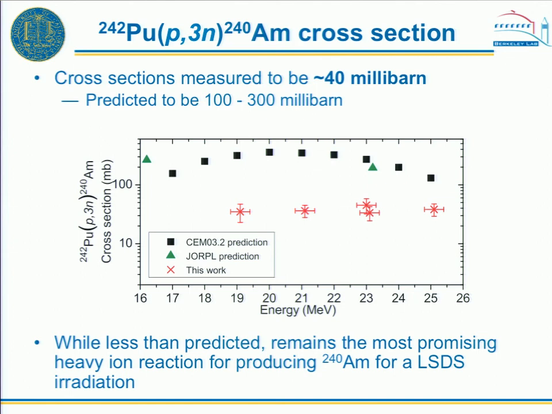It takes a lot of collaboration and coordination with our collaborators at Los Alamos, because we'll need to first produce this much, which in itself will involve irradiating about 500 milligrams, about half a gram, of plutonium-242 for 3 days with a 5 microamp beam. At these 40 millibarn cross-sections, that'll make about 100 nanograms of americium-240, which we'll then have to chemically purify from